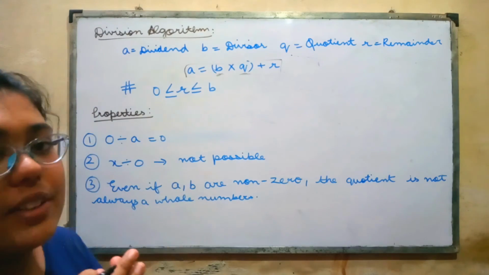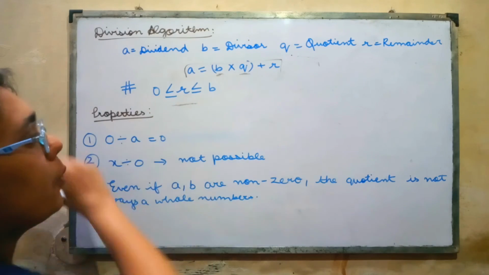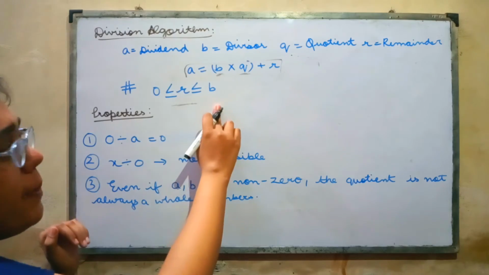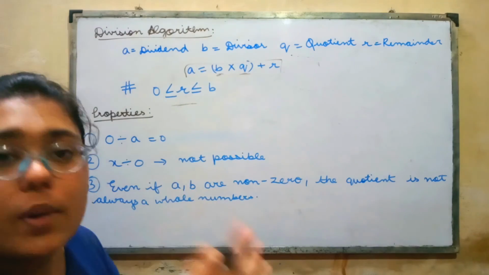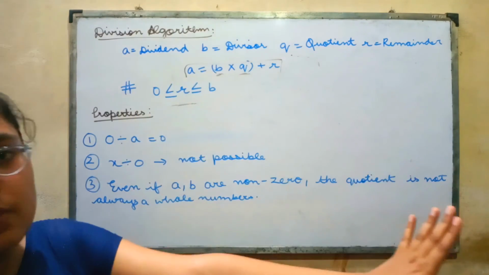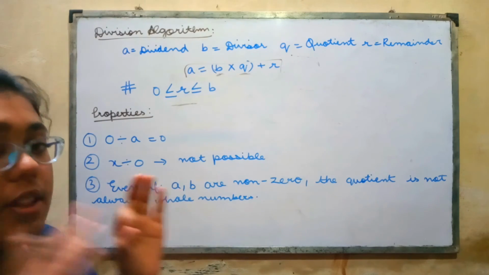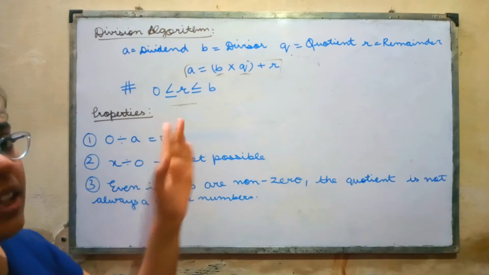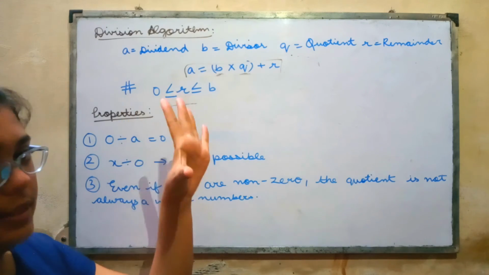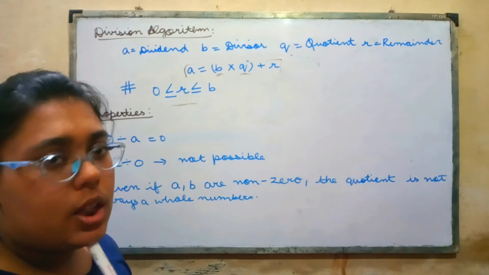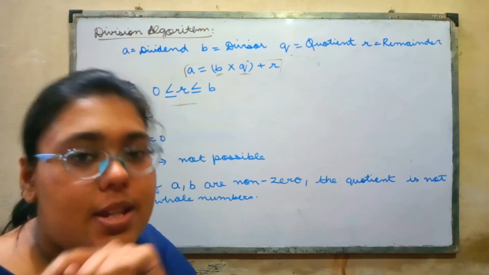और हमारा जो रिमाइंडर होता है ना, ये याद रखना है आपको, हमेशा 0 और जो हमारा डिवाइजर है उसके बीच में ही होना चाहिए. डिवाइजर से बड़ा नहीं होना चाहिए, 0 से छोटा नहीं होना चाहिए, इक्वल भले ही हो सकता है. तो ये चीज को बिल्कुल ध्यान में रख के डिवीजन करना, नहीं तो आपका आंसर हमेशा गलत आएगा. तो आपको ऐसे लगता है कि इक्वल होगा तो काम हो जाएगा, 0 की इक्वल होगा तो काम हो जाएगा,